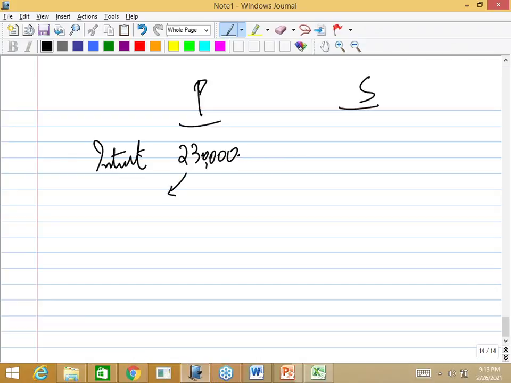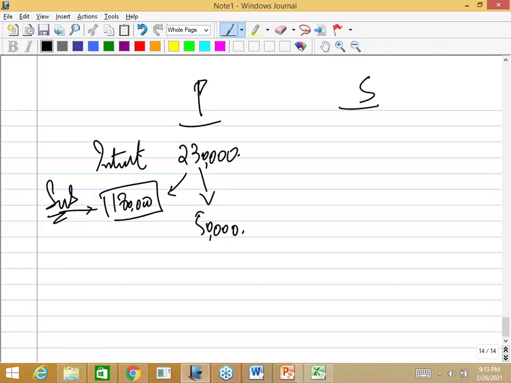Now, the students who want me to clear the investments part as well. Parent and subsidiary. When you see the investment part in the books of the parent, it shows it is 2,30,000. In the first paragraph, it tells you that out of this 2,30,000, 1,80,000 payment was made to acquire the shares of subsidiary company. So this part is related to the subsidiary company. So the remaining investment that we have is 50,000.